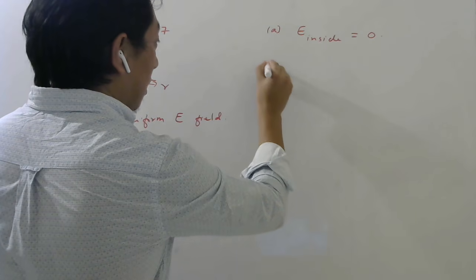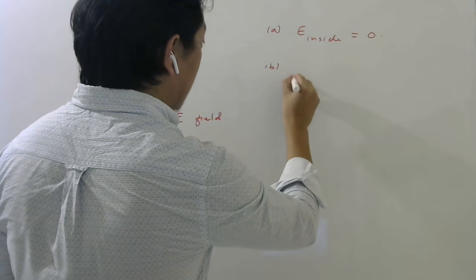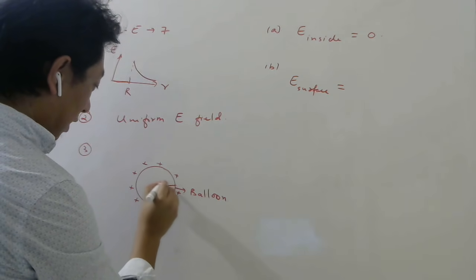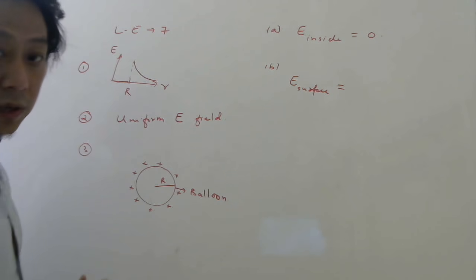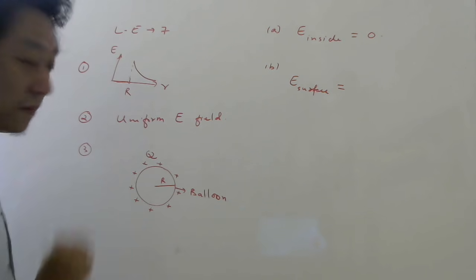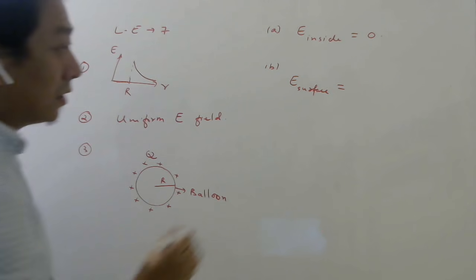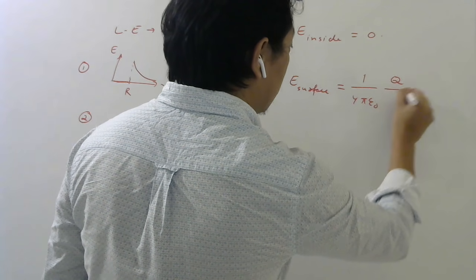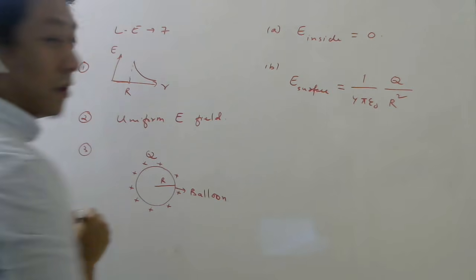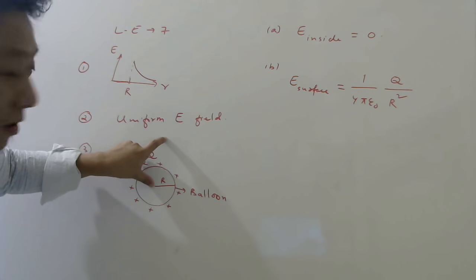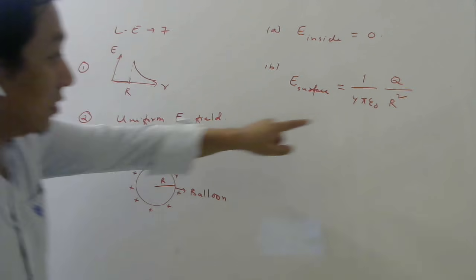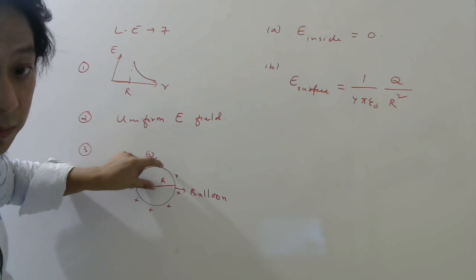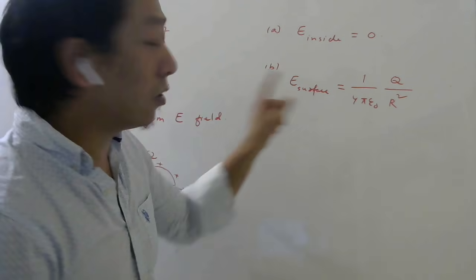Now outside they are asking later. First they are asking on the surface. So let us say this radius is capital R and the total charge is capital Q. Now on the surface, what is the electric field? We have seen the formula, 1 by 4 pi epsilon naught, capital Q by radius square. Outside it was small r, no? If you are here, the distance was this small r. On the surface, small r will become capital R. So this is the electric field on the surface.